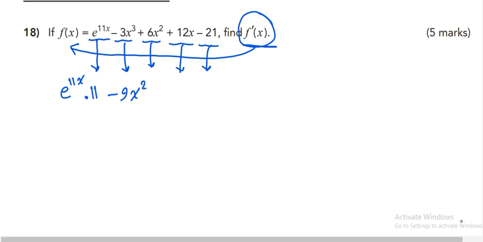Plus 6x to the power 2, it's the same, multiply by the power, subtract 1 from the power. 2 multiplied by positive 6 is positive 12. X to the power 2 minus 1 equal 1. Plus 12x, we said before, any term with the variable to the power 1, just cancel the variable to find its derivative. So here cancel x, it will be plus 12. The last term, negative 21, its differentiation equals 0 because it's a constant term